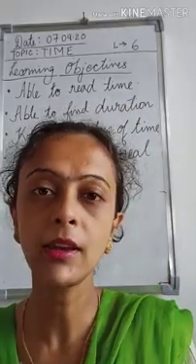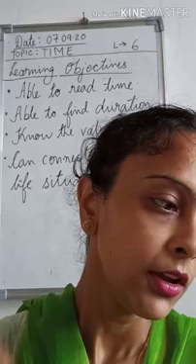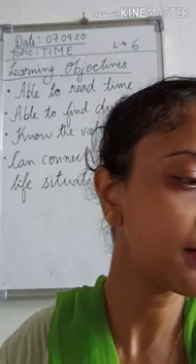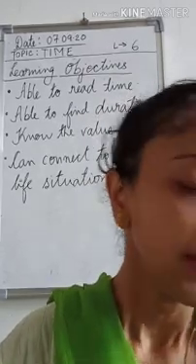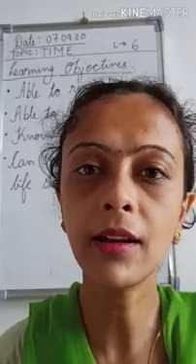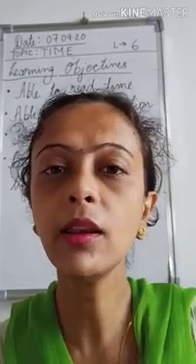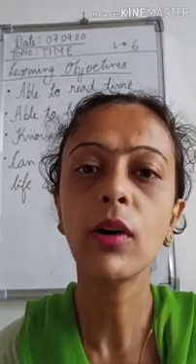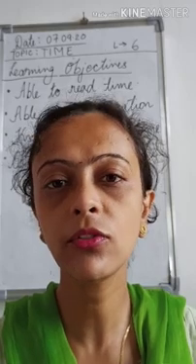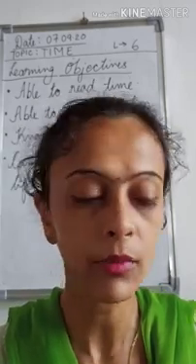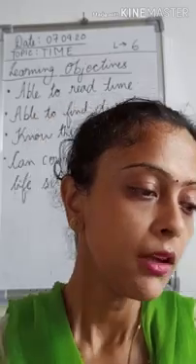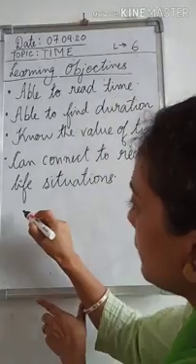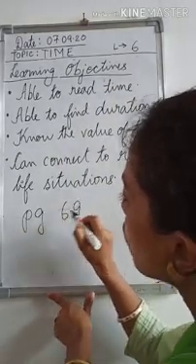Whatever was explained in our previous classes, I hope you all have understood. With that we are going to proceed a little. Today we are going to discuss how to find the duration between the starting time and the ending time. Starting time means when you start any activity, ending time means when you finish the activity. So how do we calculate the time duration between these two times? Children, take out your maths textbook and go to page number 69, and also open your maths copies.